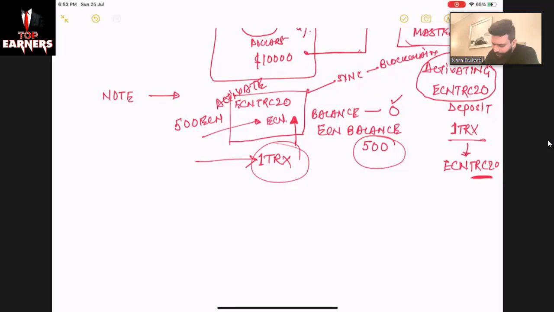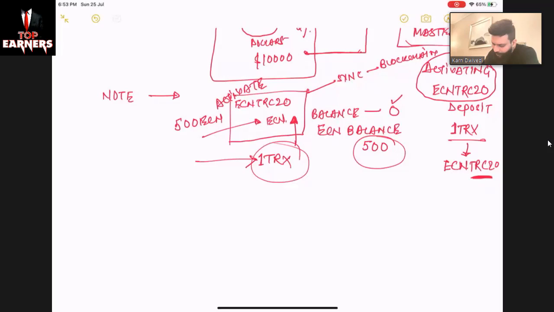But when you promote, you have to make a duplicatable model. So you promote that you activate your ECN TRC20 wallet first. How to activate? Deposit one Tron in it. The same ECN address. Deposit one Tron. Wait 2-3 minutes. It will not say it's activated. You don't have to look somewhere whether it is activated or not. Just wait for 2-3 minutes, deposit ECN, wait for 2-3 minutes, refresh, you will see. And you will see the hash, transaction history, everything.